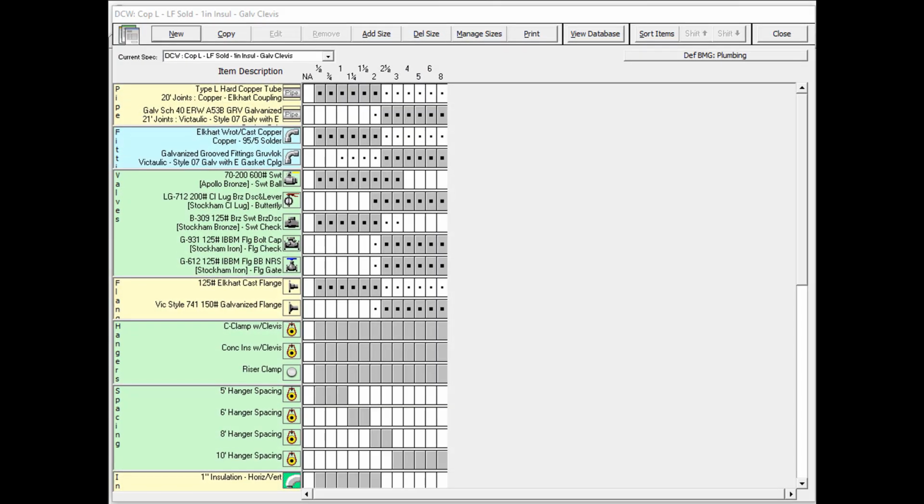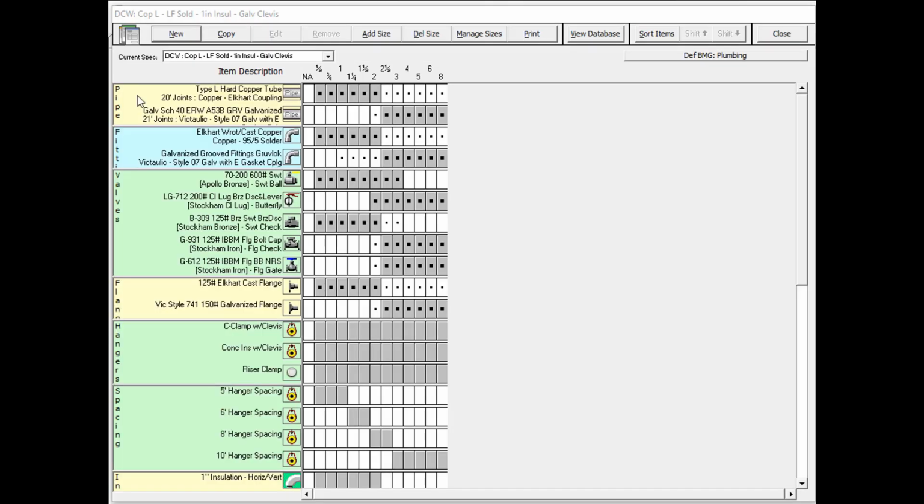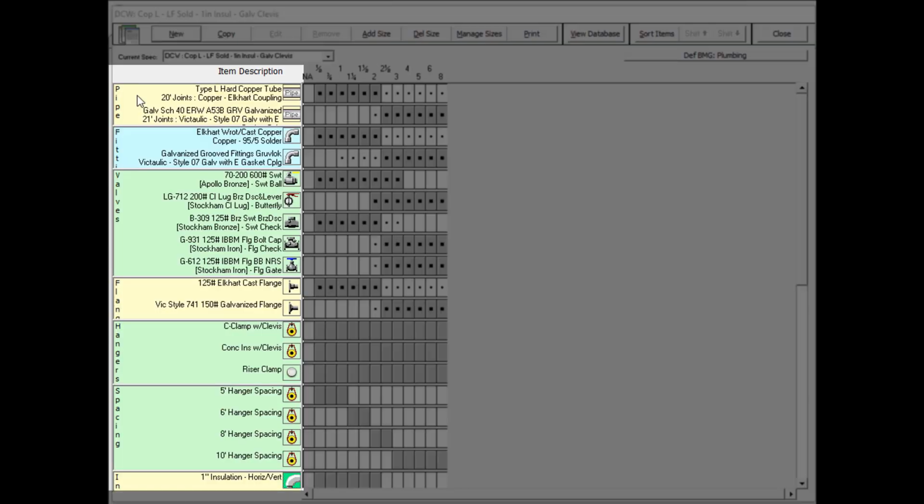You will be first taught how to read the spec, and then we will move on to editing the spec. A spec should be read and edited from top to bottom so that nothing is missed. At the top of the spec list, you will see the sizes of materials that will be available while using the spec. Along the left, you will see the database items that have been added to the spec for pipe,